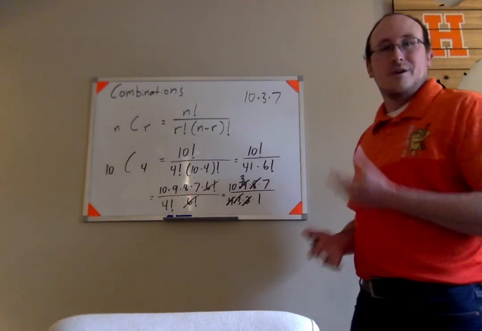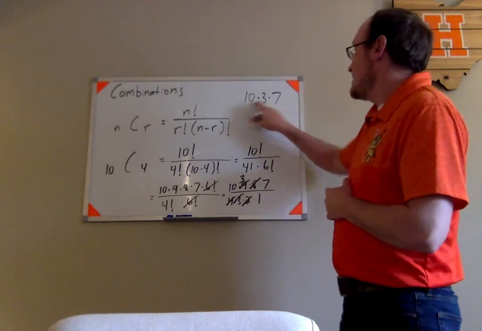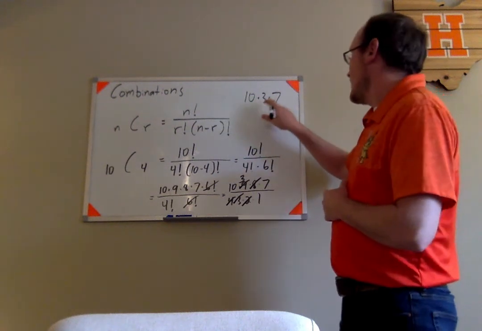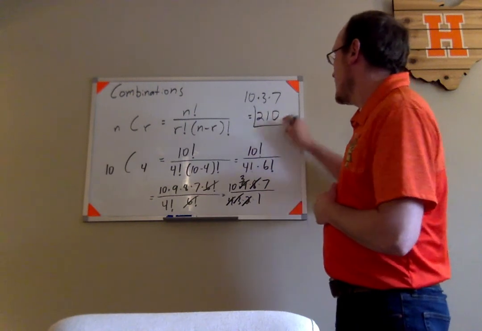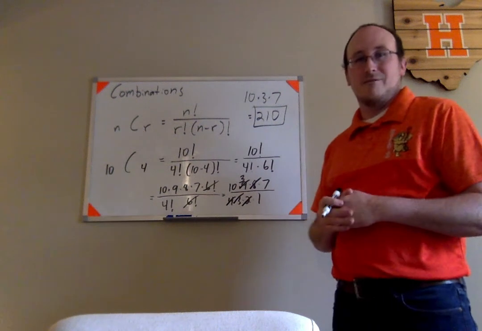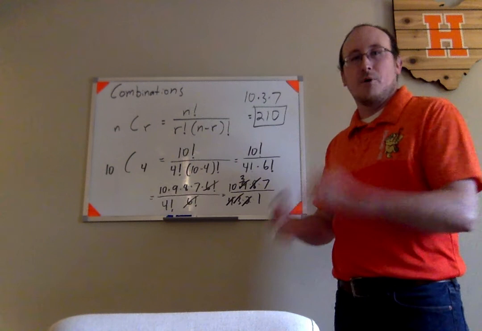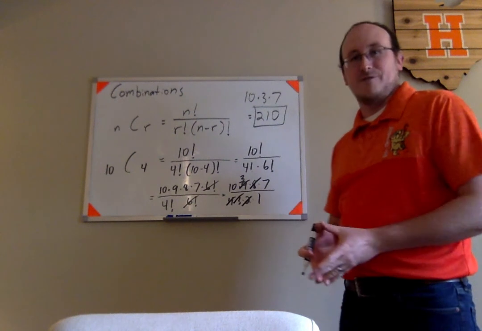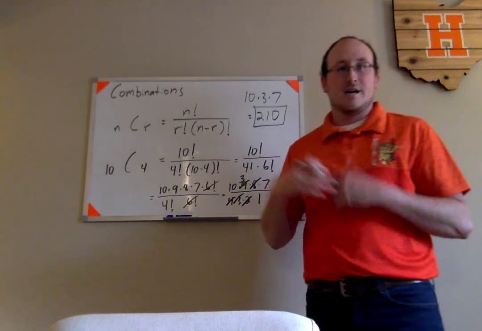I don't need to worry about the 1 in the denominator. I don't have anything else in the numerator other than those 3 factors. 10 times 3 is 30. 30 times 7 would be 210. So there are 210 combinations of 4 things out of a group of 10. Whereas when we talk permutations, there were 5,040 unique permutations where the order made a difference. Combinations, when the order is not important, there's significantly less ways to do